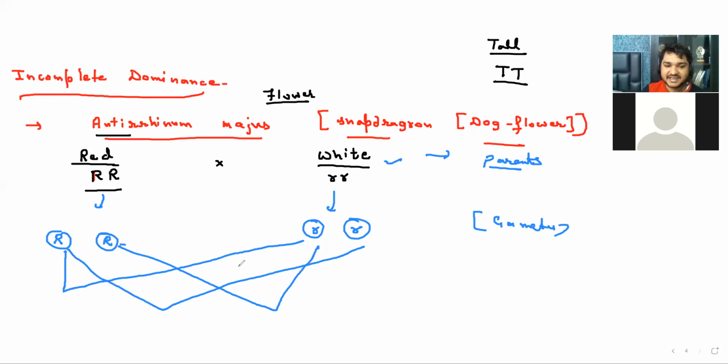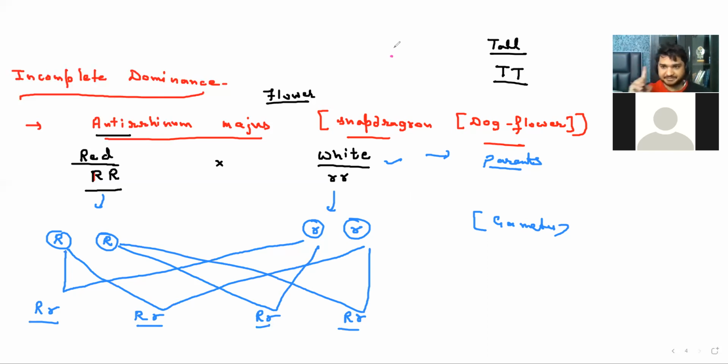This can combine with this, right? So you are going to get capital R, small r, capital R, small r, capital R, small r, capital R, small r. You have seen this many times before. So now, what should be the phenotypic character? All are red. You are very right. But